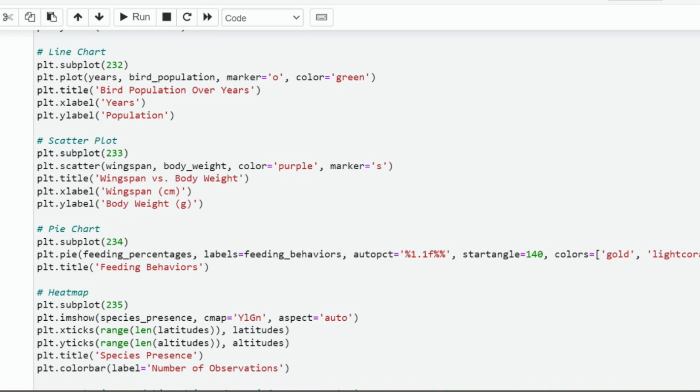play with it. Now welcome to the fourth subplot, a delicious slice of pie chart heaven. So feeding percentage is the recipe with the feeding behavior as labels, a touch of formatting flair with autopct, the percentage display, and startangle for initial tilt, hues of gold, light coral and light green paint a visual feast, a title tops off the presentation. After that, this next plot is related to another chart, and that is